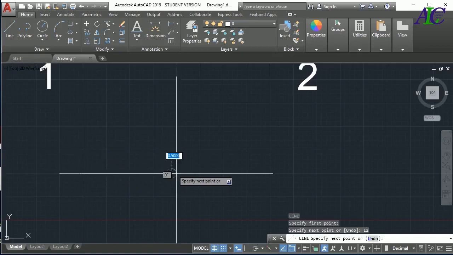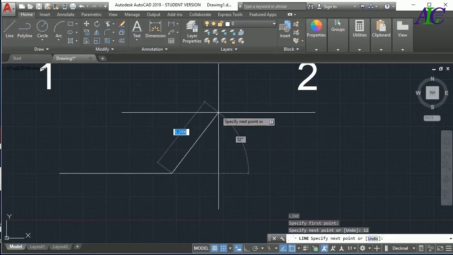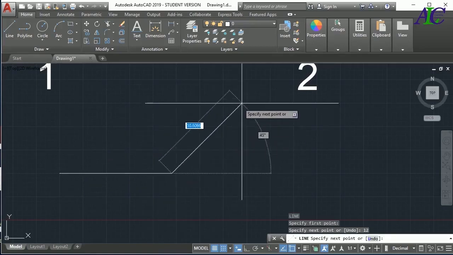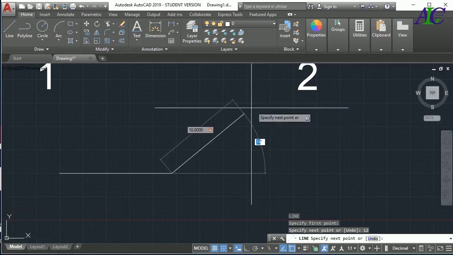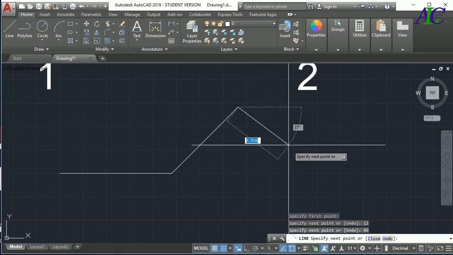maybe in here. And also you can draw a line with a specific angle, like the length of line and with the angle. So now I'm going to draw with 10 length and then click tab and then specify the angle, maybe 45. Okay,